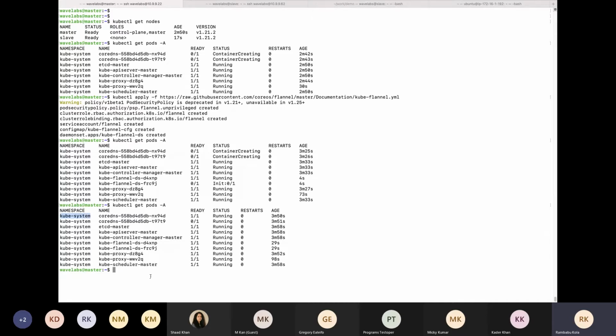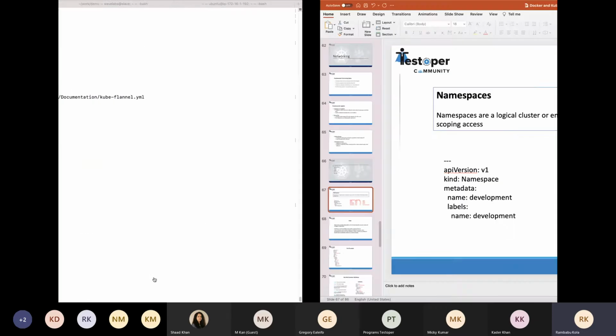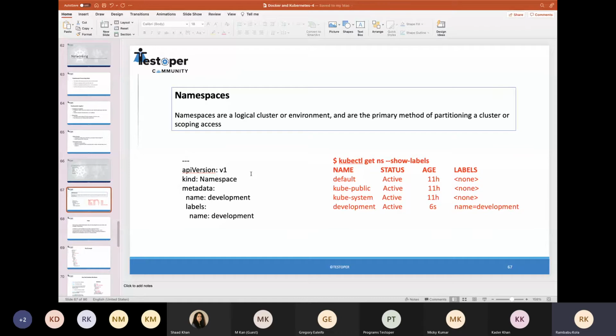If we deploy any other applications, we will segregate them into different namespaces so that we can partition them accordingly. If we want a development environment, we can create a namespace like dev, or for QA we can partition it like QA. If we want a prod, we can partition it like prod. For segregating all these purposes, we are using this.